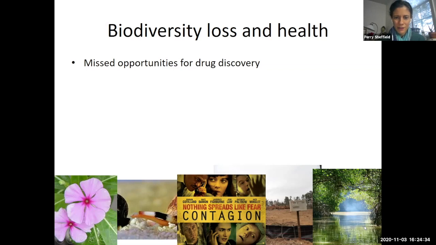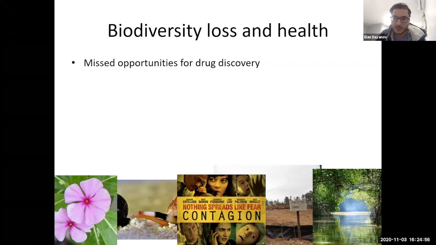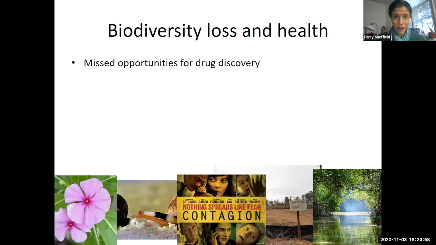In the middle is an inflammatory reference about the movie Contagion and the idea of when there are disrupted ecosystems that potentially organisms that weren't in contact with each other previously. Good guess, it's not foxglove for digoxin, but that is another important one for making cardiac medicines. Is this the flower that's the cure for the bubonic plague? No, I don't think so. I don't know what flower that is. Does anybody else?